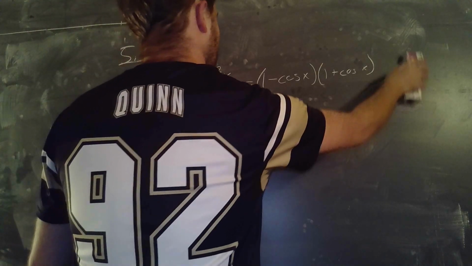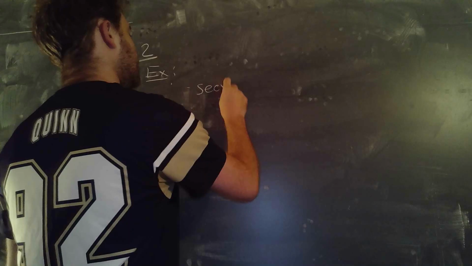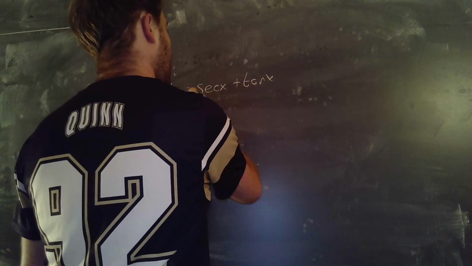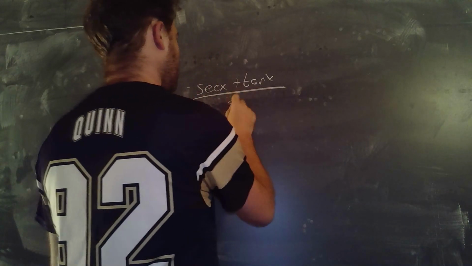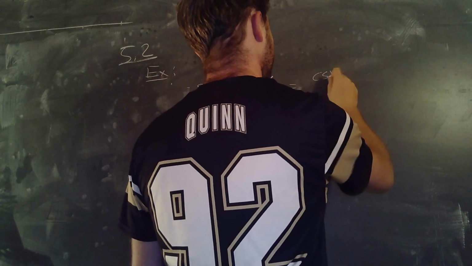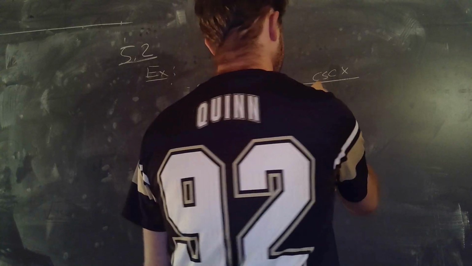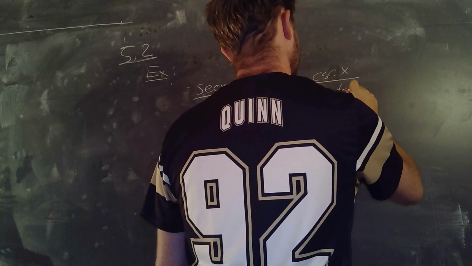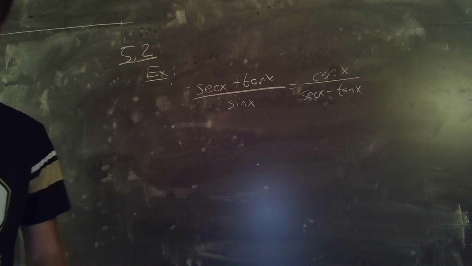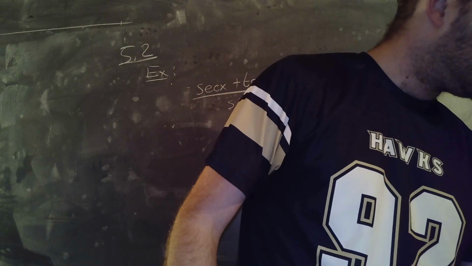And effectively, the order goes: check your trig identities, then check your algebraic things, and then check alternative techniques. So here we have (secant x plus tangent of x) over sine of x, which should be equal to the cosecant of x over (secant x minus tangent x). Okay, so here we have a pretty serious problem. When I go through my list,